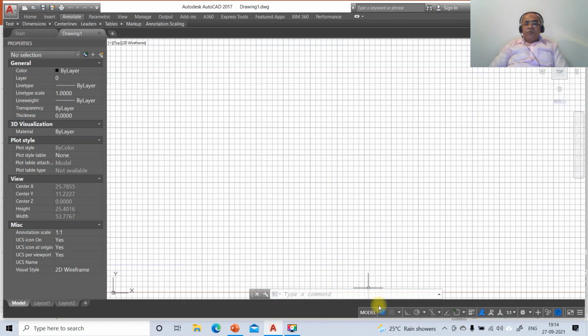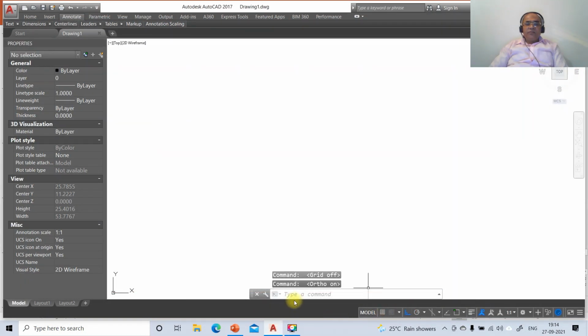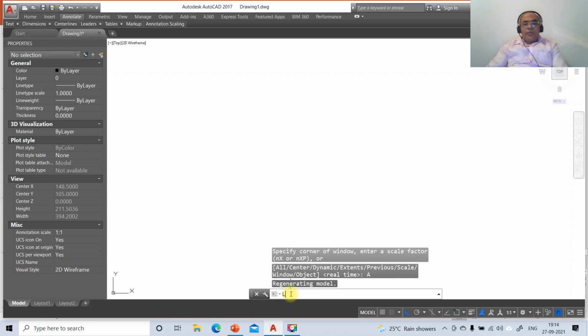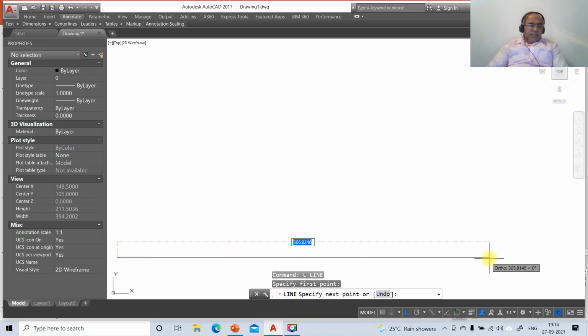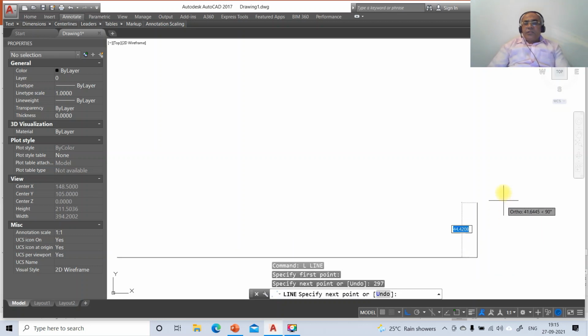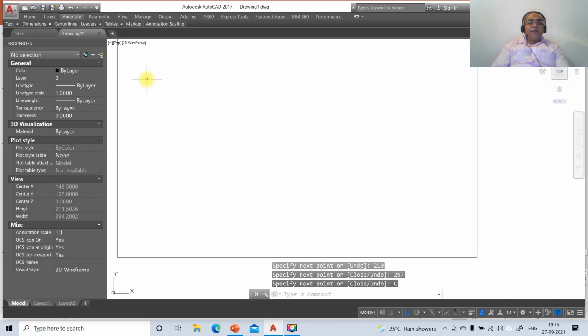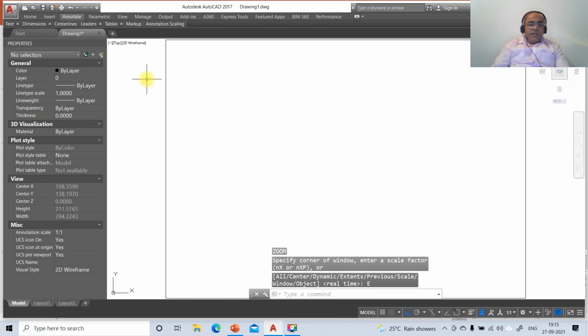To do that, first we'll go to the AutoCAD screen and switch off the grid mode and switch on the ortho mode. The command is limits. So here 0, 0, upper right corner is 297, 210. Then go to line, select some arbitrary point, take the distance as 297. Then take the cursor to the top side, take the distance as 210. Then take the cursor to the left side and type the distance as 297 and say close, and then zoom extend and zoom